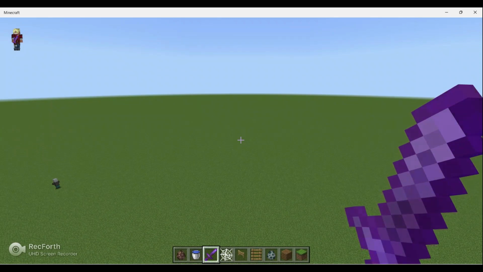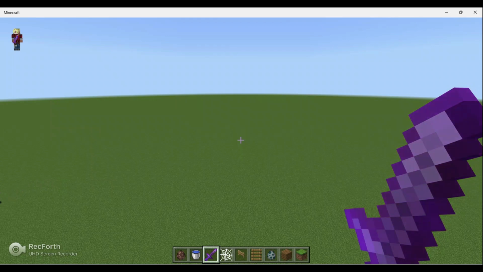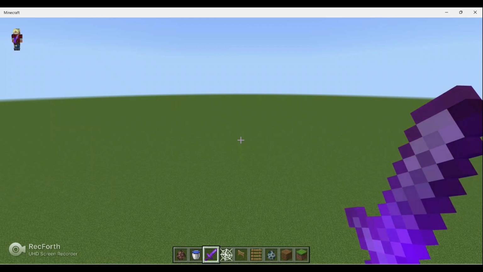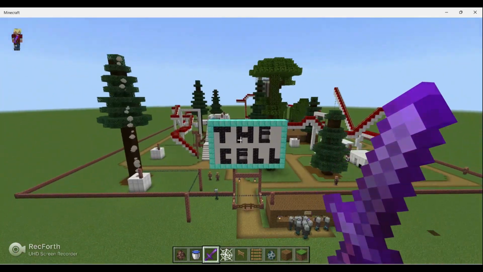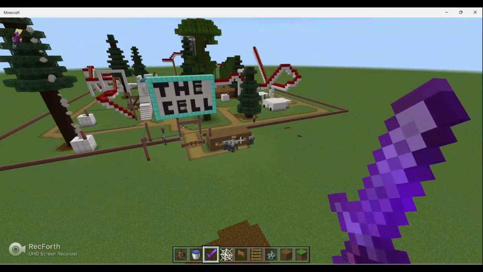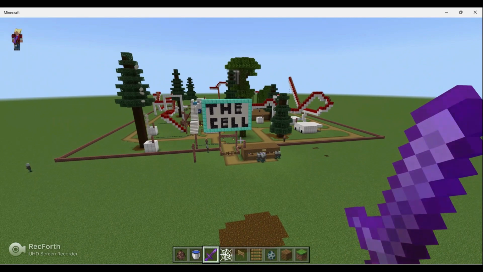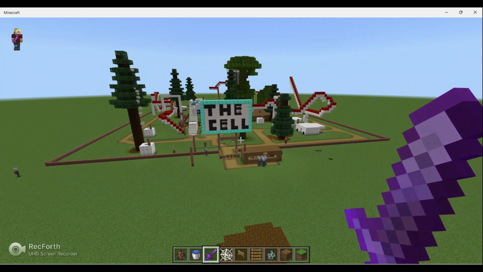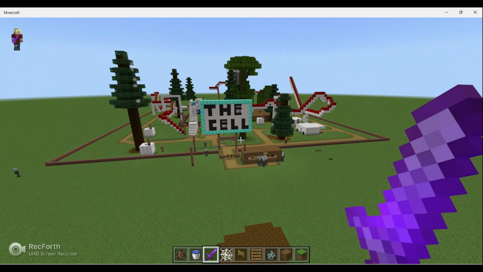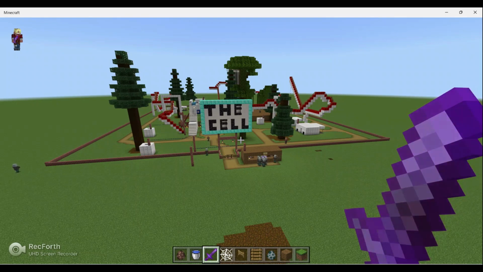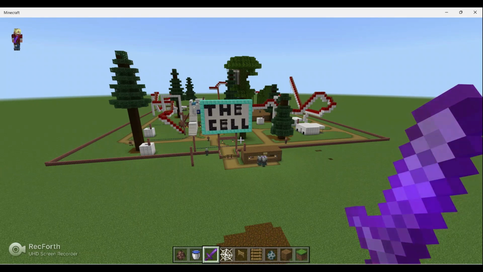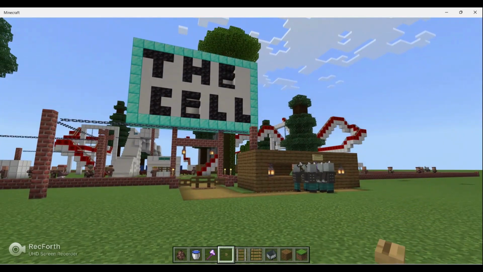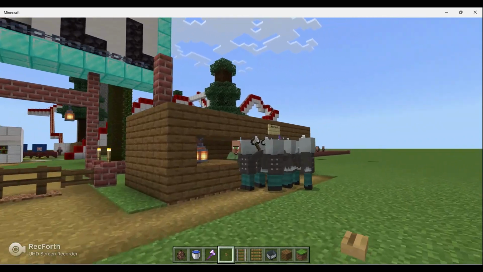Today I will be showing you guys a theme park that is based on a cell. So here's the view from the outside, and in this video I will go through it, ride the rides, and explain how they connect to the cell. So please enjoy. Right. So as you can see now, we are at the entrance to the park, and there